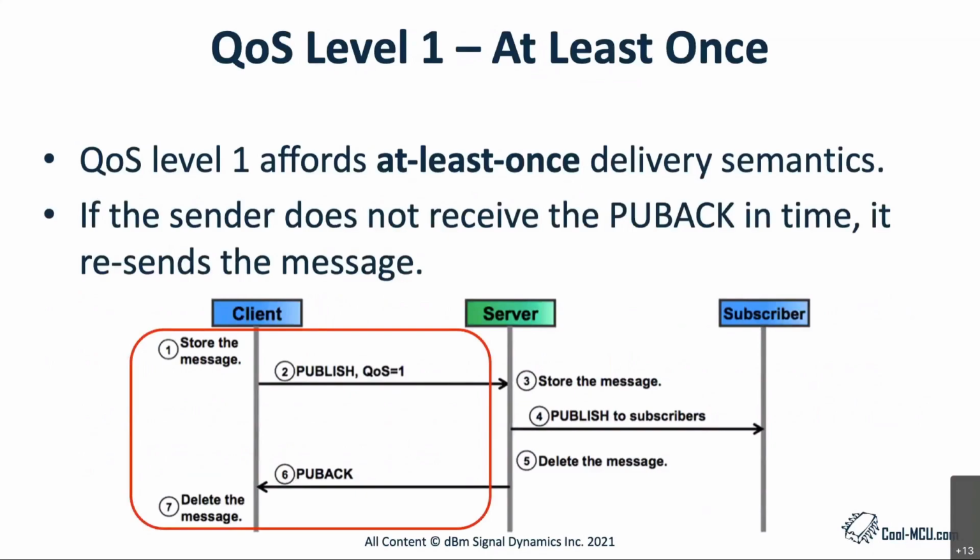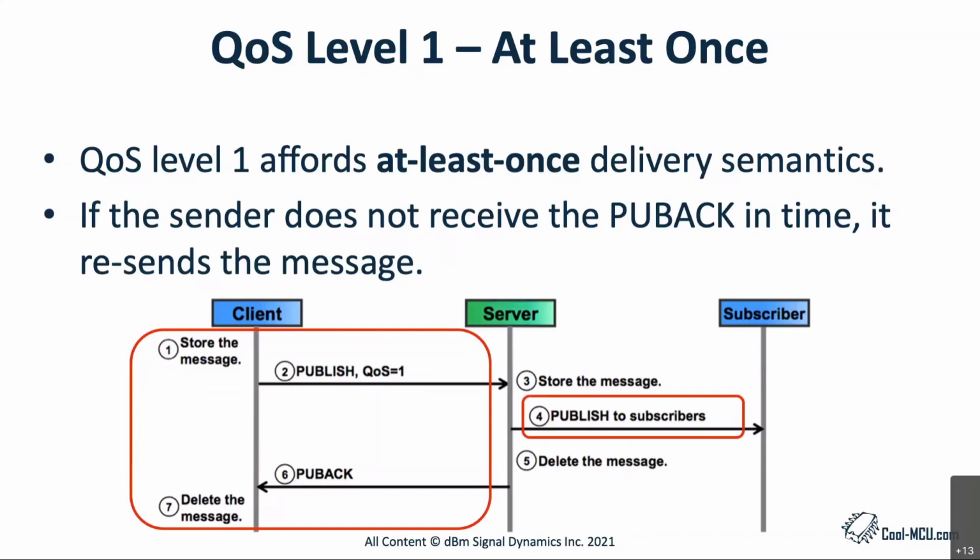Here we see the publish message sequence for QoS 1 delivery assurance between a publishing client and a broker. In QoS 1, the message is always delivered at least once. If the sender does not receive an acknowledgement, the message is sent again with the duplicate flag set until an acknowledgement is received. As a result, the receiver can be sent the same message multiple times and might process it multiple times. The message must be stored locally at the sender and the receiver until it is processed by the receiver. The message is deleted from the receiver after it has processed the message.